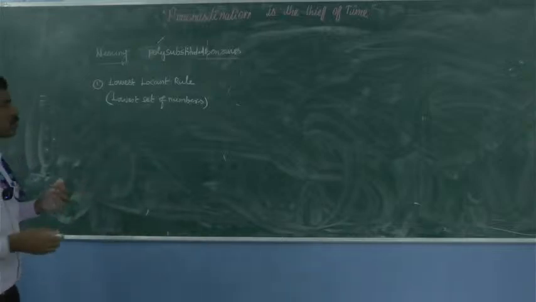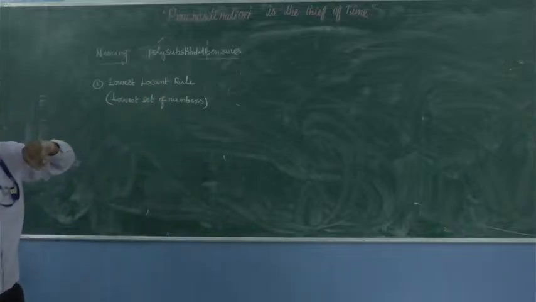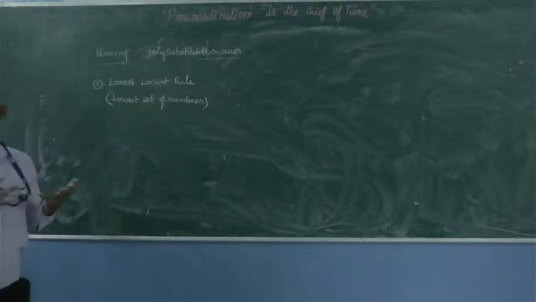Is it clear? Lowest set of numbers, or lowest locants. This means looking for the lowest one. Then you have to arrange the substituents in alphabetical order. Is it clear? For example,